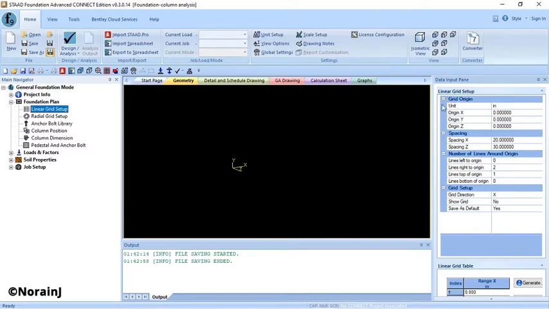For the grid origin, for the unit we choose feet, and for the origin X, Y, Z, we are going to put 0. For the spacing X is 20 and spacing Z is 30. And for the number of lines, we are going to use 0, 2, 1, and 0. And for the grid setup, grid direction is X. Show grid, we click yes,